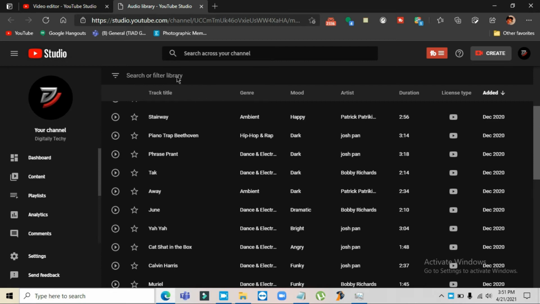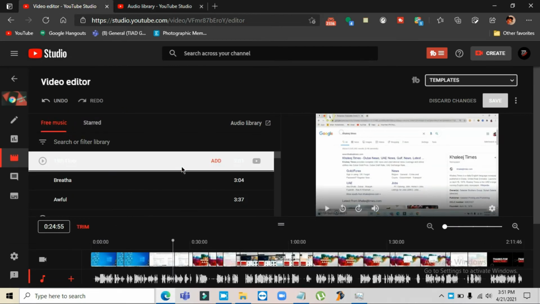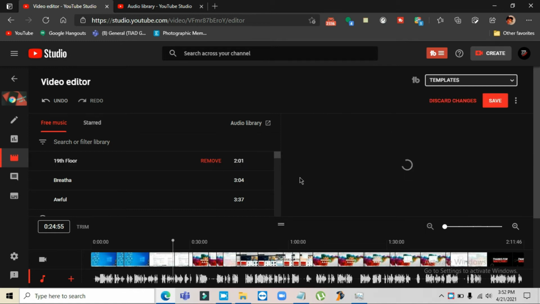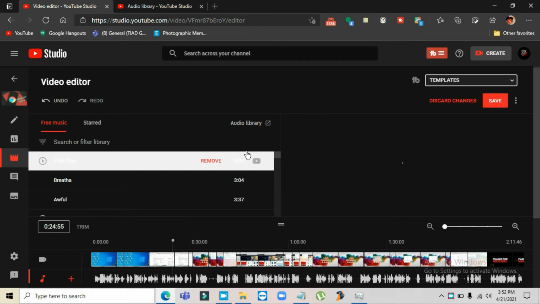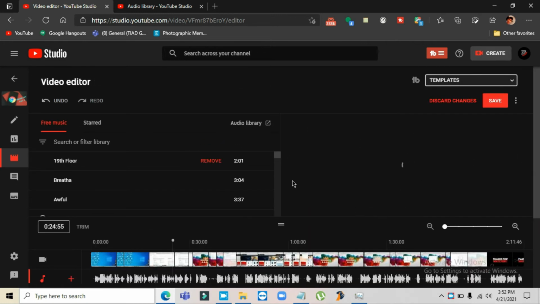Then after that, add the music you want. For example, I want the music of the first one, so I will click on the add option. It takes a few seconds to get the music added onto your video,